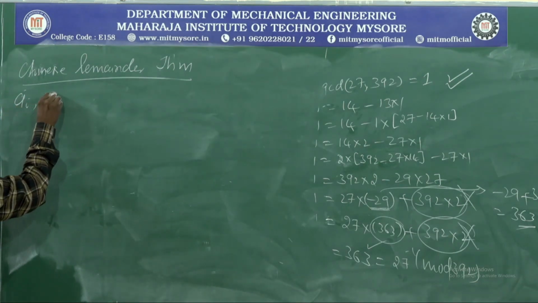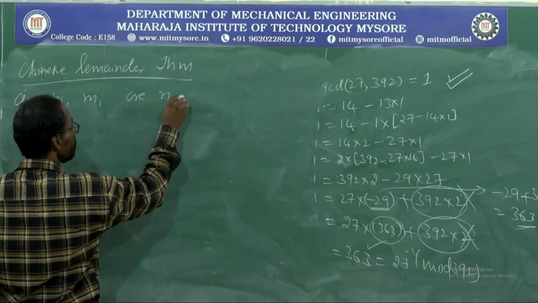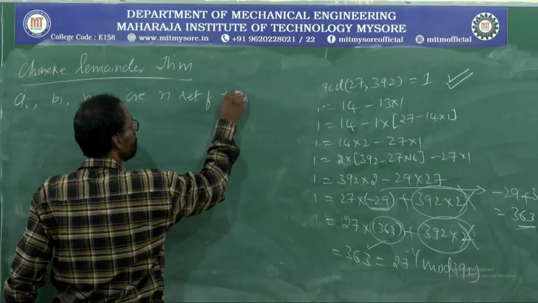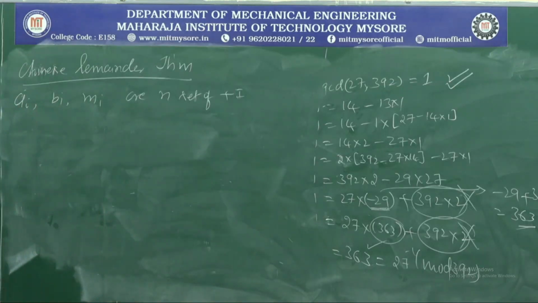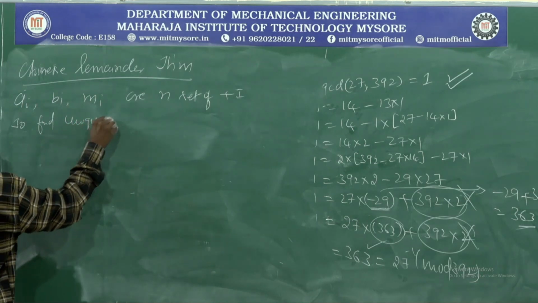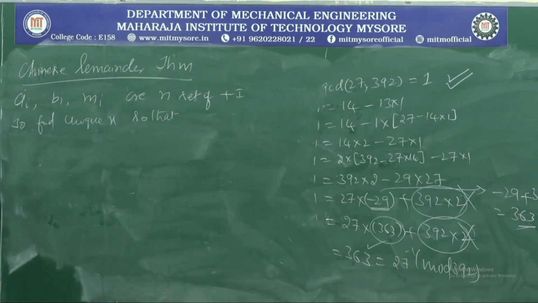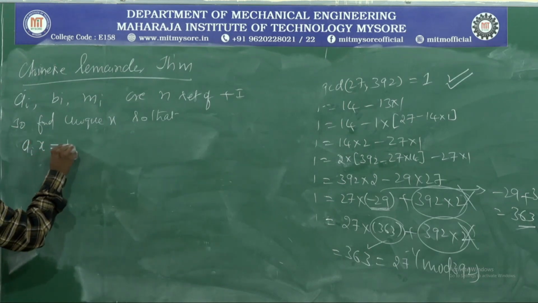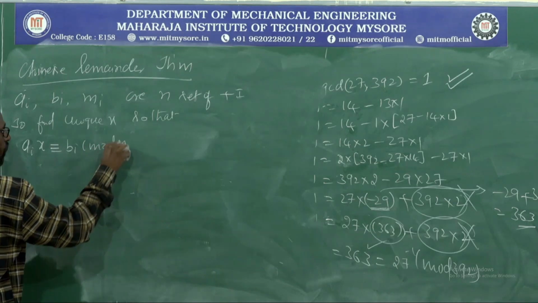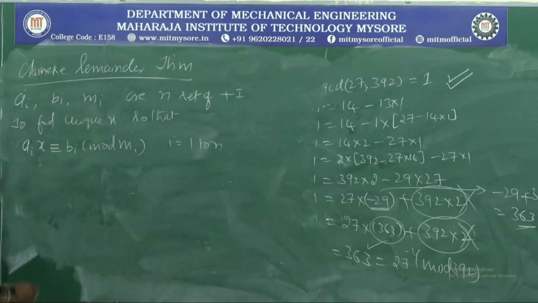You consider a_i, b_i, m_i, a set of n positive integers. That's a better way I can write. To find a unique x so that a_i times x is congruent to b_i modulo m_i. If you expand, where i equals 1 to n, if you run the value i from 1 to n, I am going to get